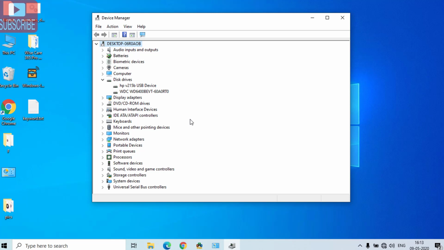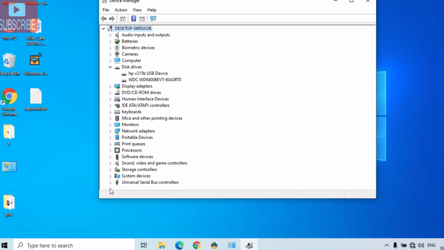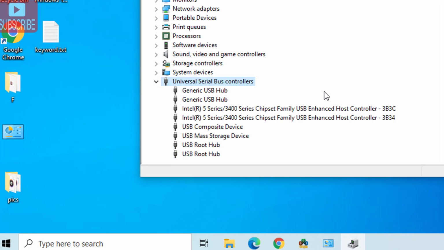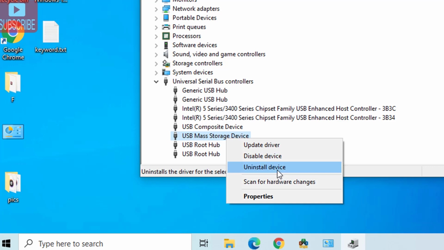And lastly, in the sixth step, in the below of this window you will find Universal Serial Bus Controllers. Expand it and over here choose USB mass storage. Right click on it and click on uninstall device.